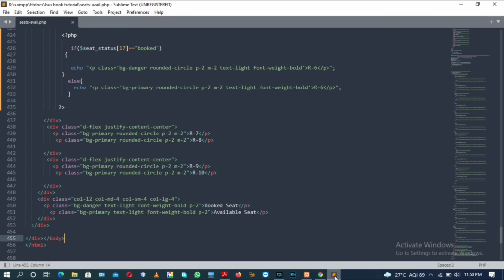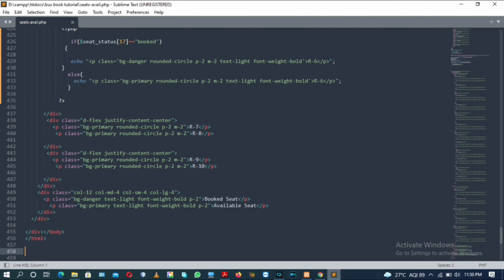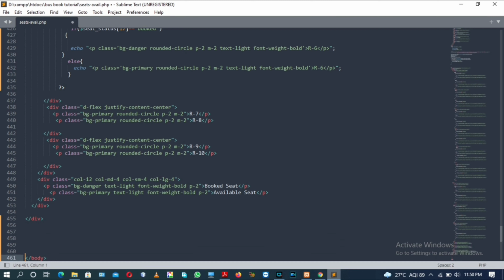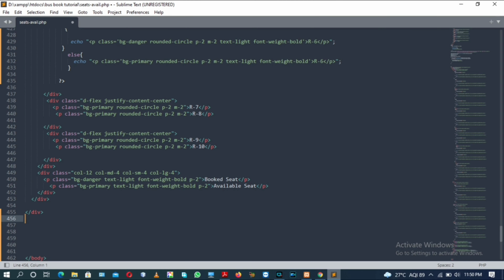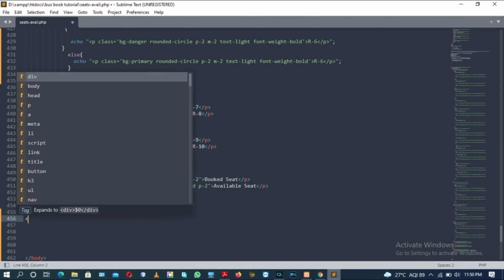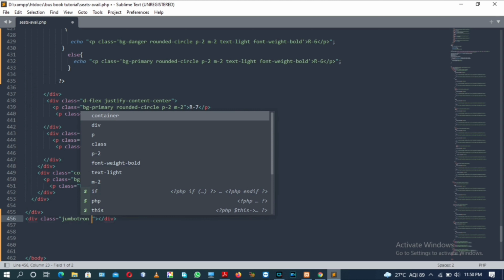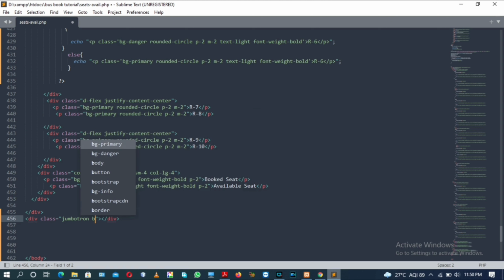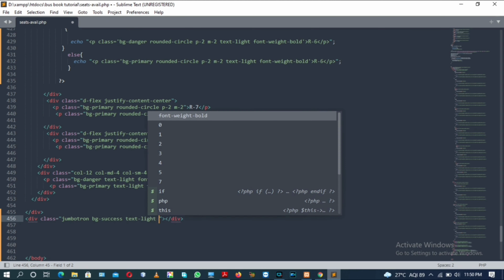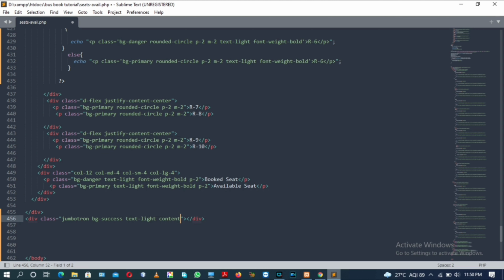So come to the Sublime Text editor. Follow me from line number 456. Opening of a div tag with the class attribute jumbotron, container, bg-success and text-light.